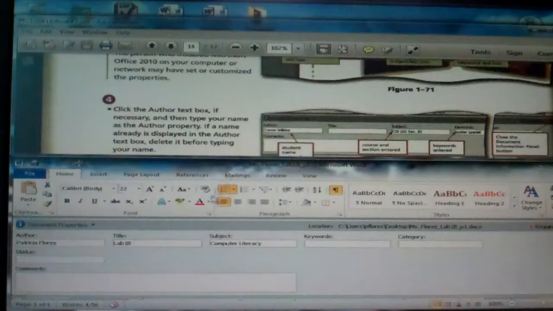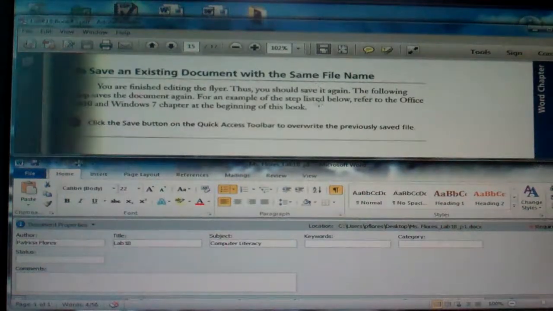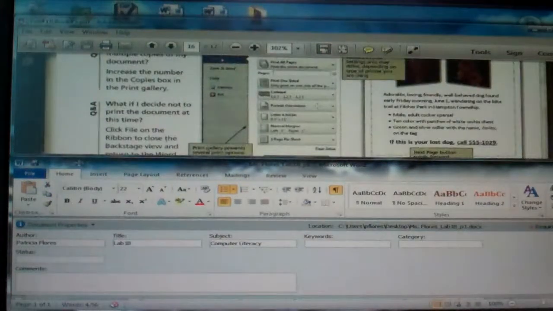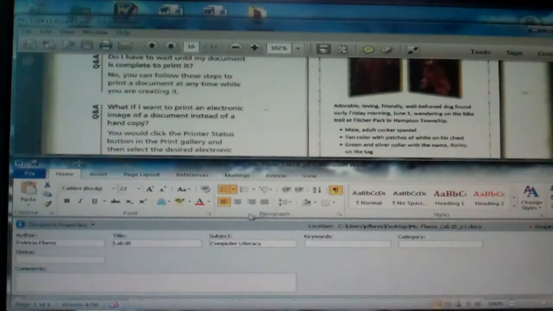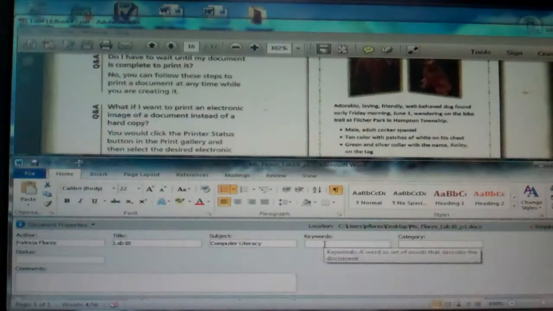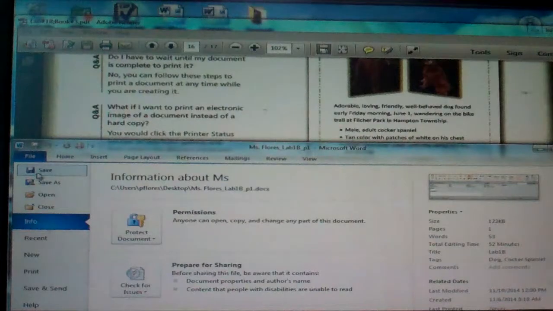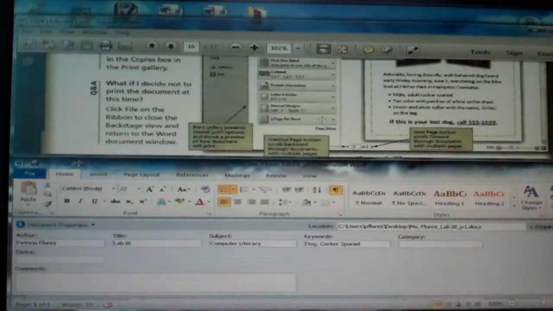So you have the author, and then you just fill out the information. It actually didn't say. So once you've done all this, then you are done with your Lab 1B. So you have computer lit, Lab 1B, keywords, maybe dog, and Cocker Spaniel. Okay, so once you click here and you enter all the stuff,